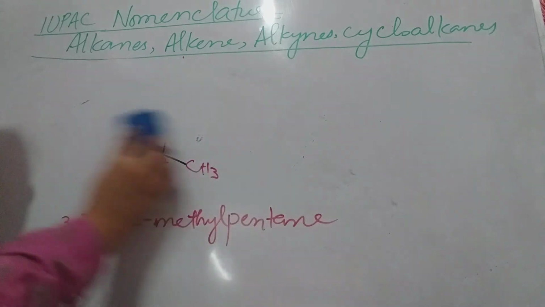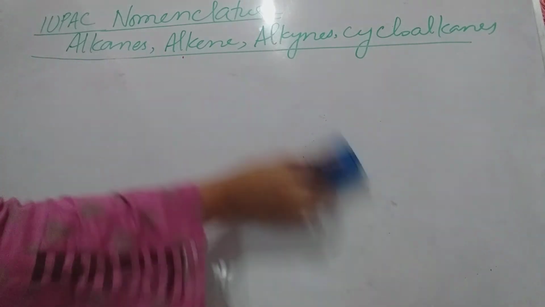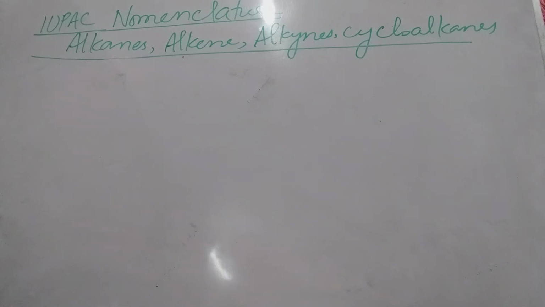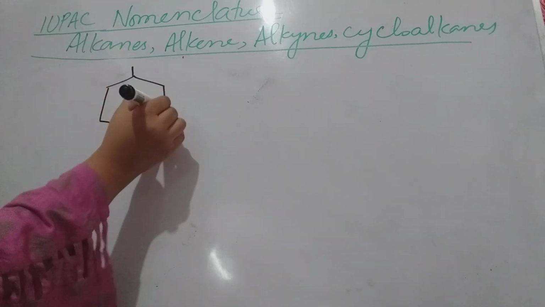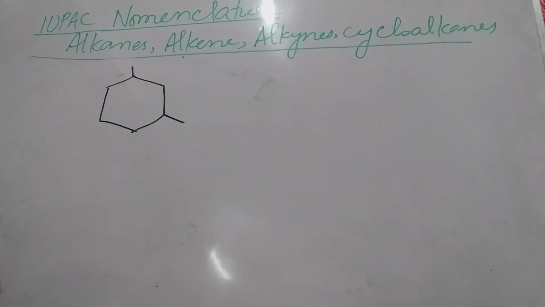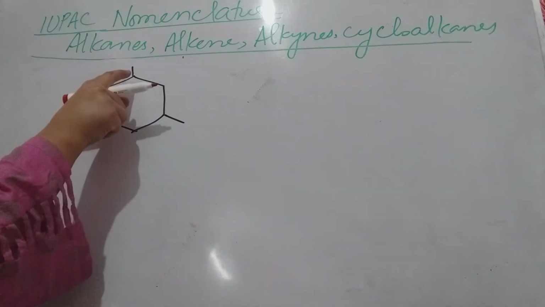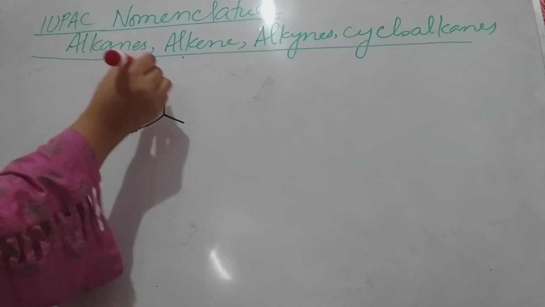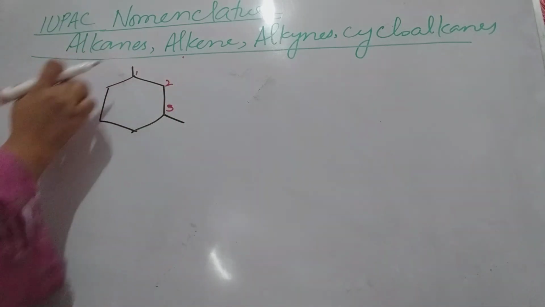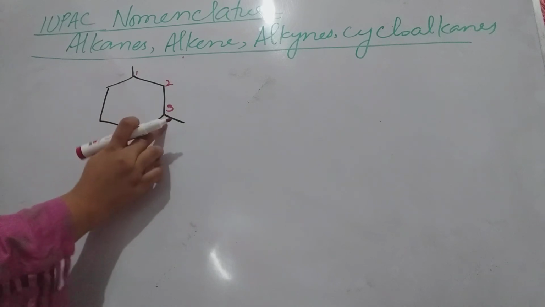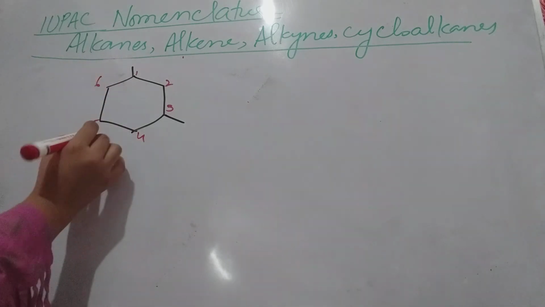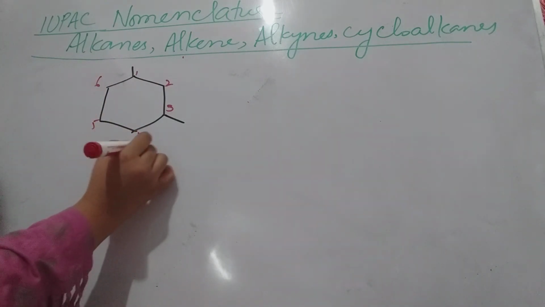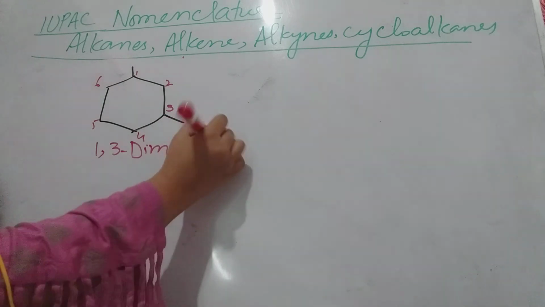Okay. There are other cyclo compounds having a cycle in their structures. Let me take an example, this one. Okay, first of all we must number it from a position where the substituent is attached, 1, 2, 3, and if we went from here, 1, 2, 3, 4, 5, it would be at position 5. Okay? So 1, 2, 3, 4, 5, 6. So 1, 3-dimethyl,